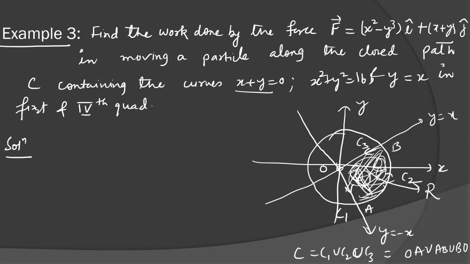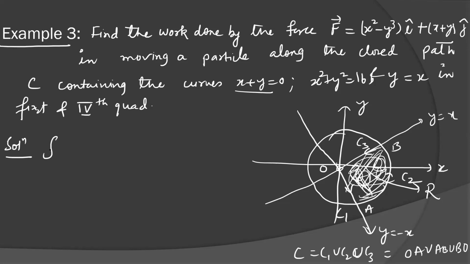So for the line integration, you have to calculate three integrations. Along OA, it is easy because you are on a straight line. But along AB, on the circle, it is very difficult, because you have to use the under root of a square minus x square formula. But along BO, it is very easy. But using Green's theorem, this question is very easy. So let's see what Green's theorem gives here.